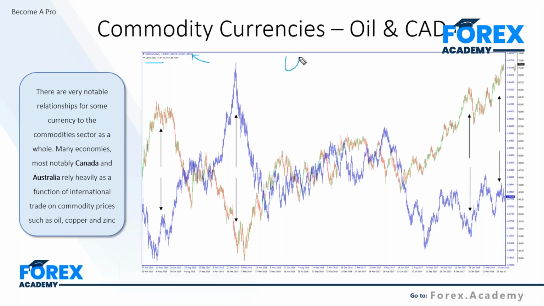We have, of course, the US dollar against the Canadian dollar here. So this is our base currency, and this is our quote currency, the Canadian dollar. Effectively, when we see dollar strength, we see this move to the upside. When we see Canadian strength over the dollar, we see the markets move to the downside. I want to show you here how important this relationship is with the Canadian dollar.